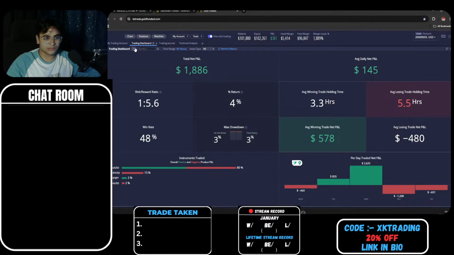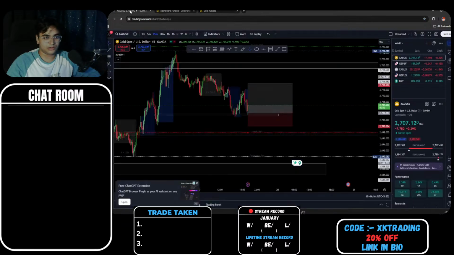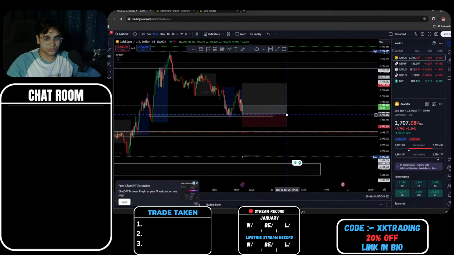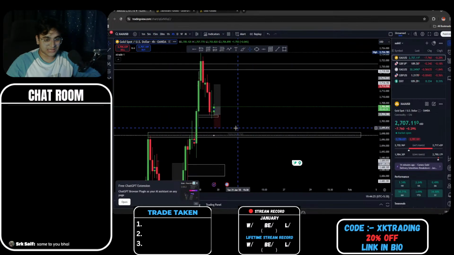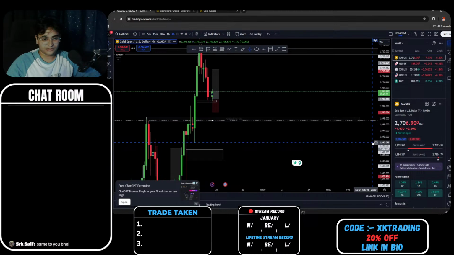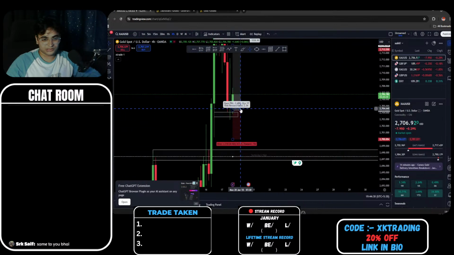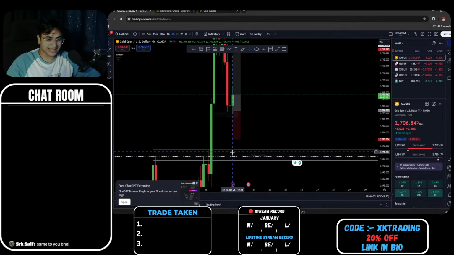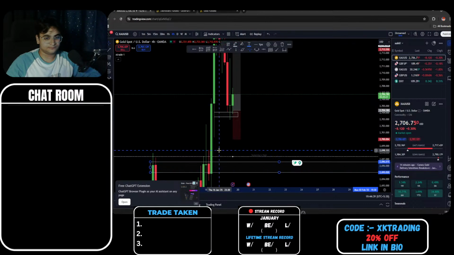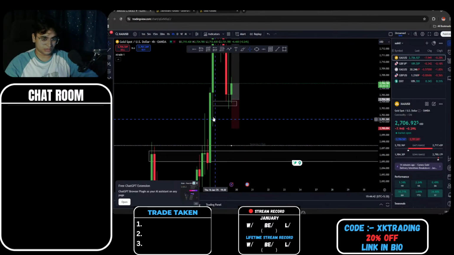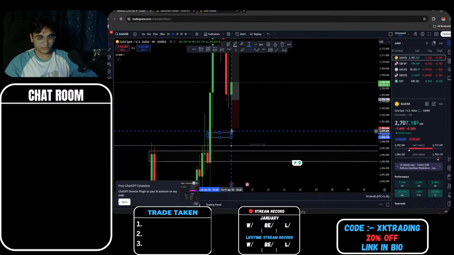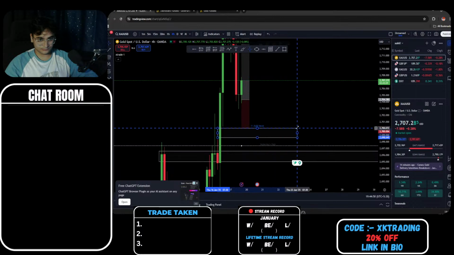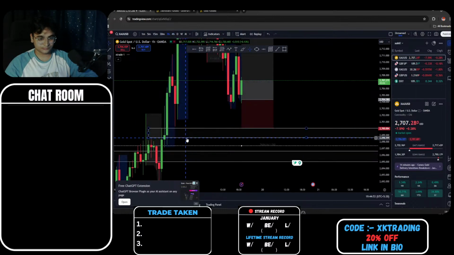I'm already in this trade basically, up around $100 to $200. So there's a high probability we are still looking for buys, but at the same time, we are concerned about the 4 hour time frame because there's a high probability we can break this low and tap into the zones we have here. And if we do that, then we are into a long trade. Then I think there's a high probability we can reject into these zones.